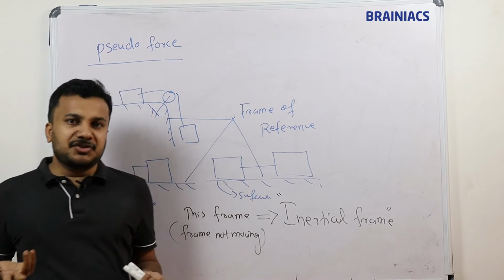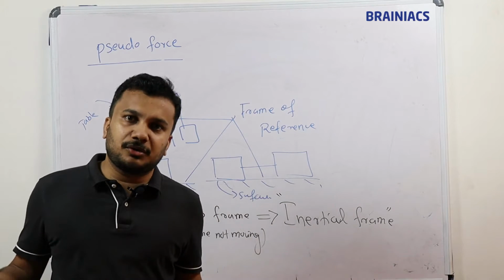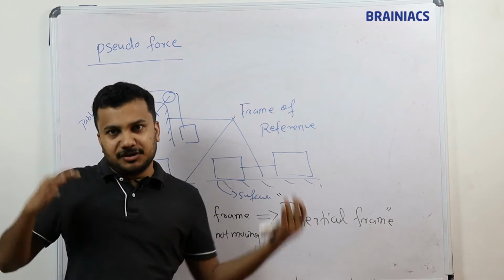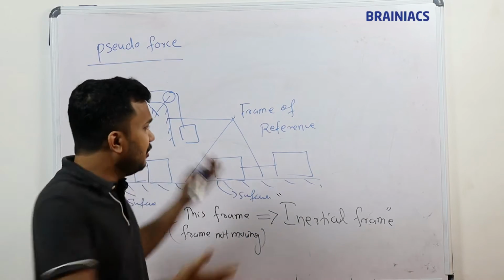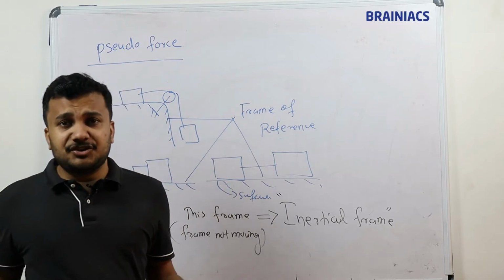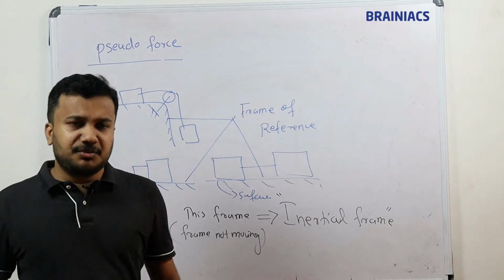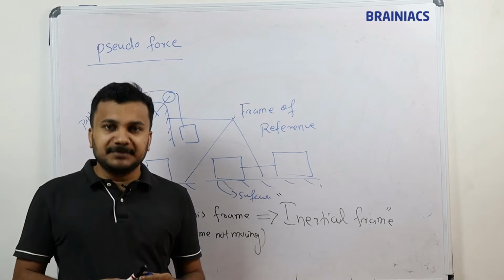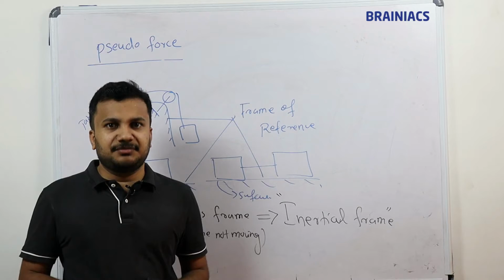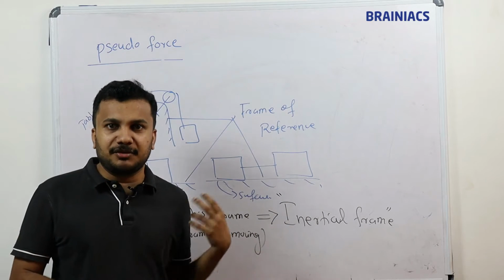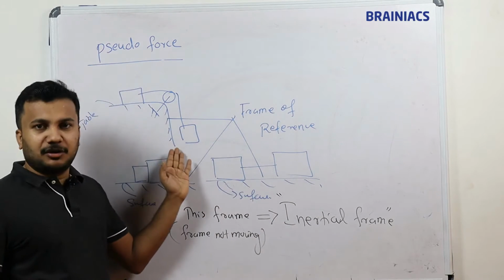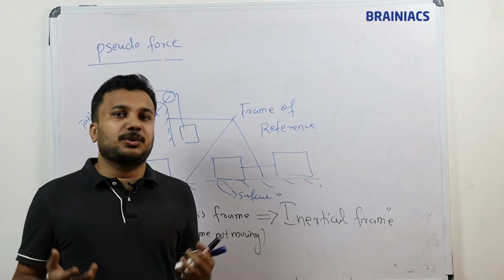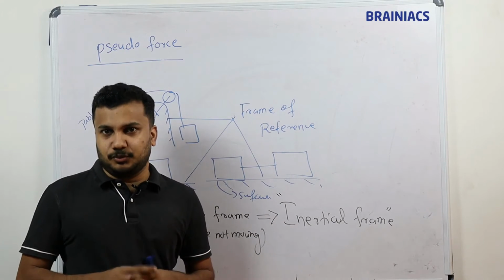If the frame is not moving, of course you can directly apply Newton's law. Wherever we have applied Newton's law while drawing the free body diagram, total force equals ma, in all those cases we found the tension and the accelerations, whatever we wanted. But if it is a non-inertial frame, what will we do? Whenever something is moving along with the block, whenever the table or the surface is moving along with the blocks, what will happen? That's what we are going to see here.